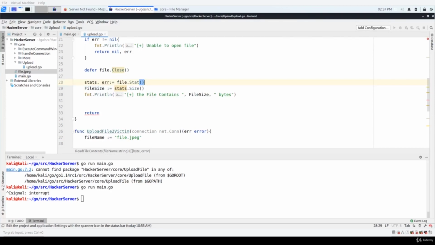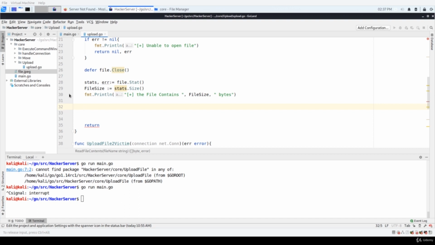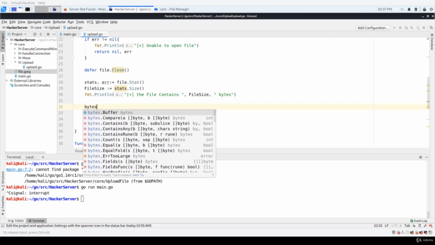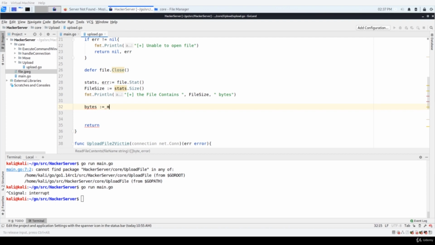Okay, so now we know how to get the file size and file information. The next step is to create a buffer and then read these file contents into our buffer. A buffer is just a collection of bytes that are stored in memory. So in order to create a buffer, we need to do bytes is equal to